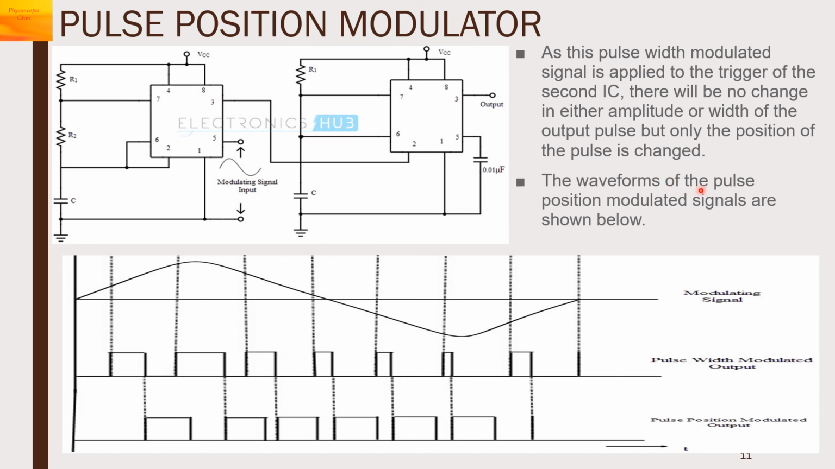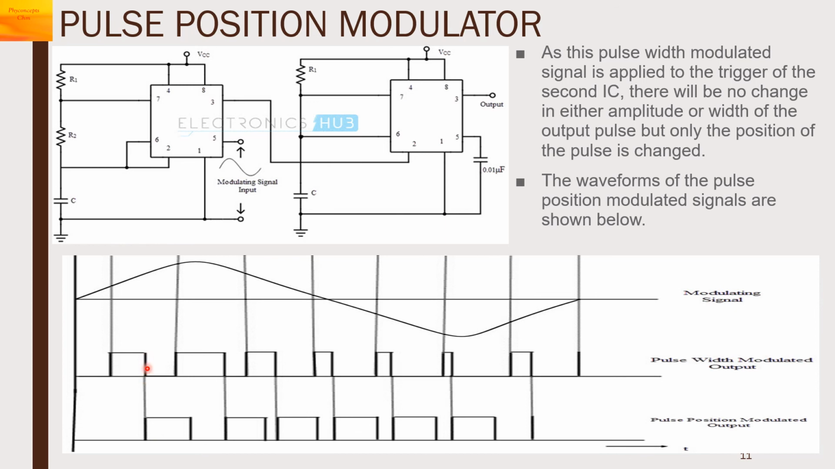The waveforms of the pulse position modulated signals are shown here. This is the modulating signal. For the first IC, it will produce a pulse width modulated output. As the modulating voltage is increasing, the pulse width is increasing, and when it is decreasing, the pulse width is also decreasing. This is the output for the second IC, where whenever the pulse goes low, as we had seen